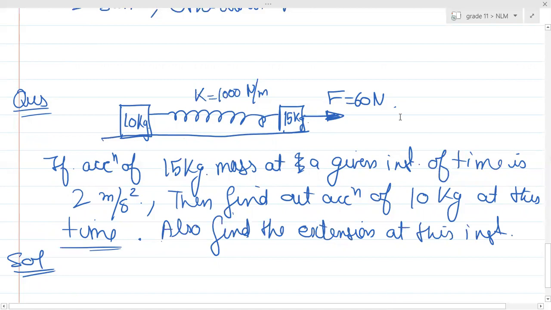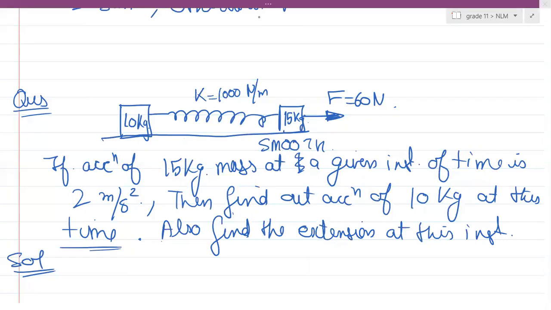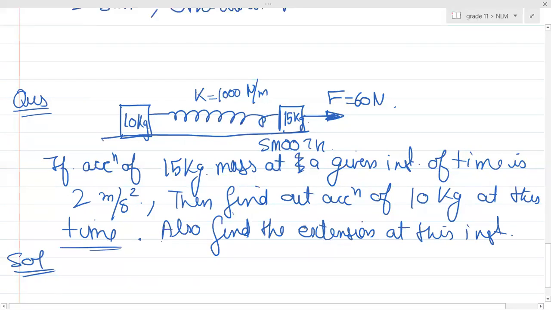So guys, do this. Give me 5 minutes. First thing first, when this thing will be stretched, what will be acting on both the ends of the spring? Guys, if this will be extended a little bit, if this spring will be deformed a little bit, then what will be, guys, hello?